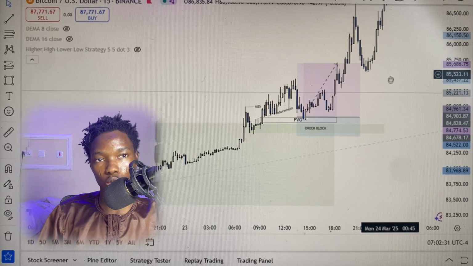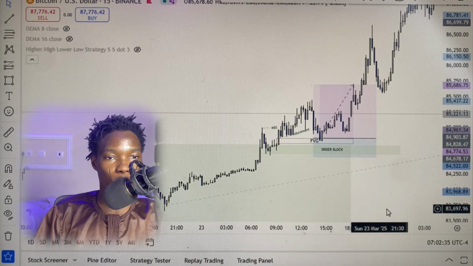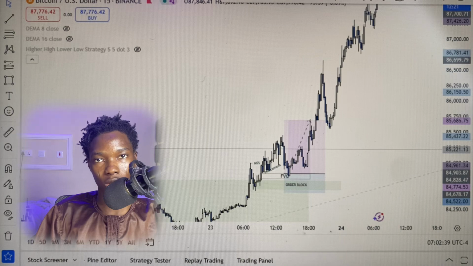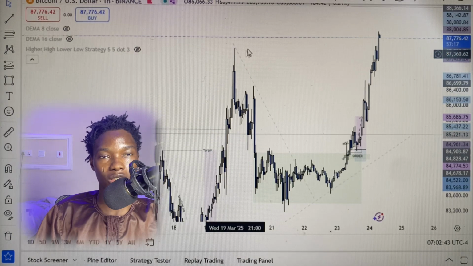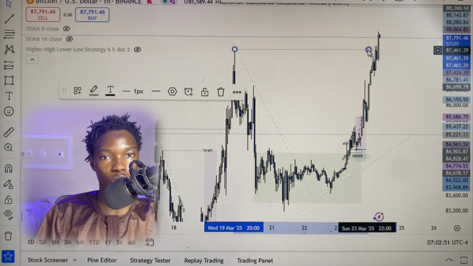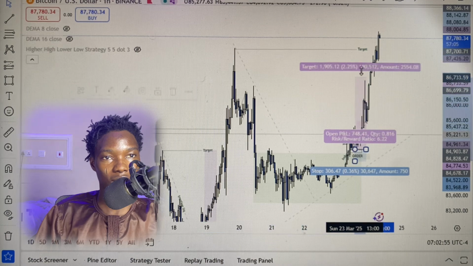Now it comes to taking profits, knowing where to put your take profits. I know for sure that we have a trend line liquidity on the 1 hour time frame. If you don't forget, we have a trend line. This is a trend line liquidity. All of this has become liquidity for the market. Immediately the market broke out of the trend line, that is where we want to have our targets. So I'm targeting this